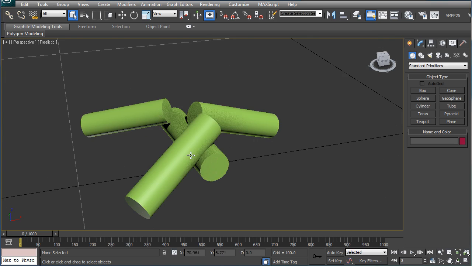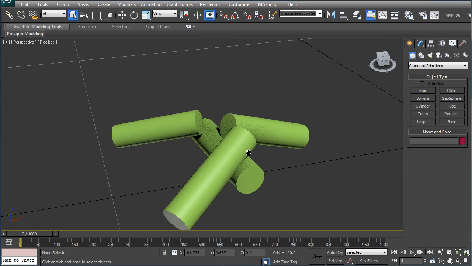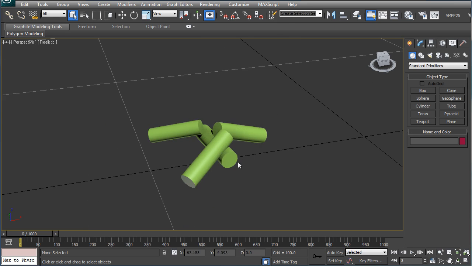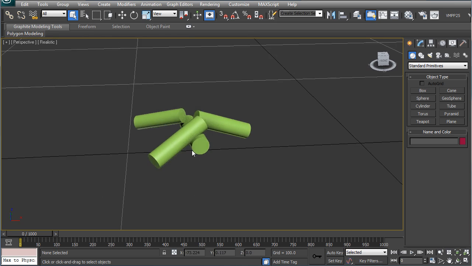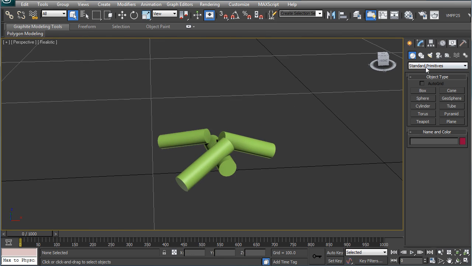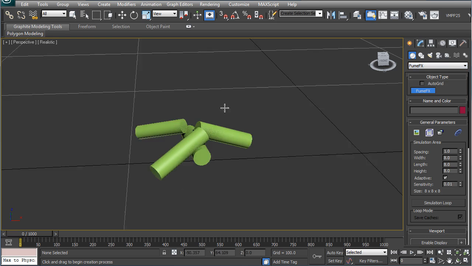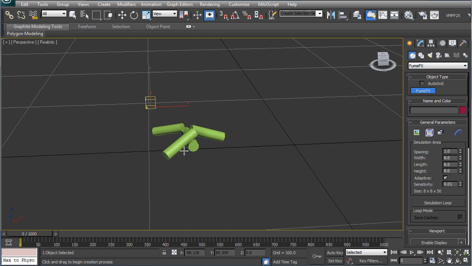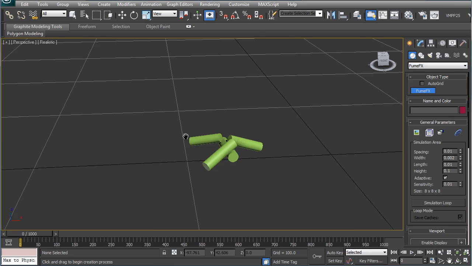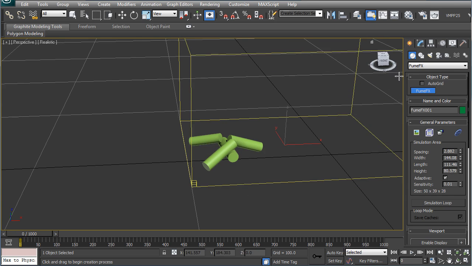Here I have a basic scene with just some cylinders that are positioned so that they look like logs lying on the ground, and these are going to emit the flames that are going to come from the campfire. So first up, let's go to the FumeFX rollout and create a FumeFX grid like that, and